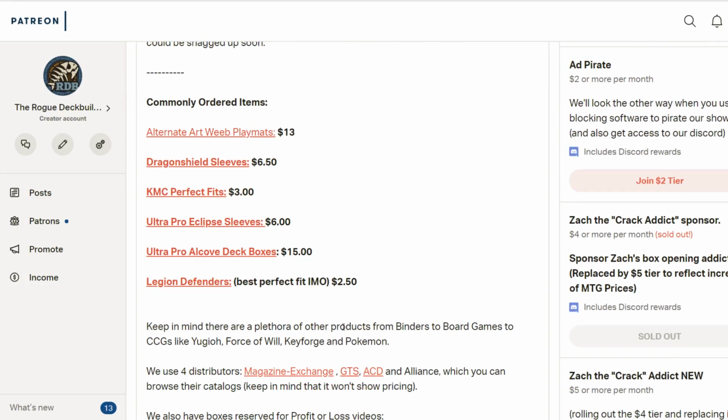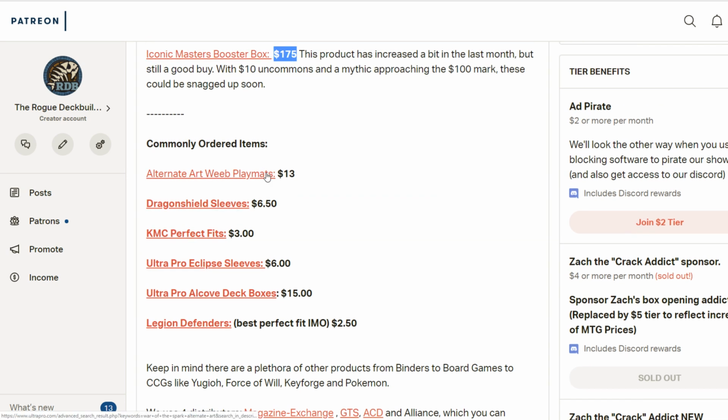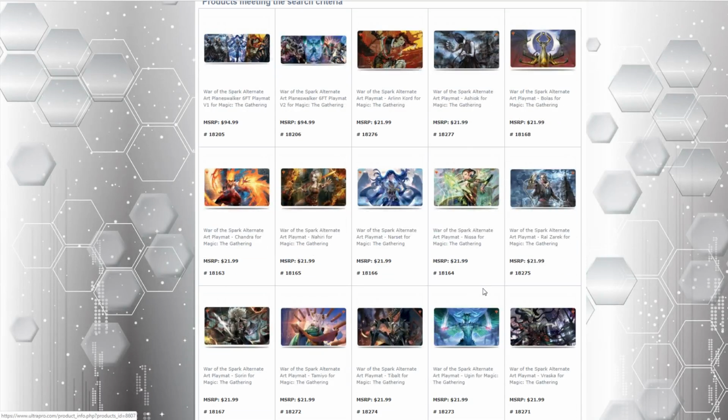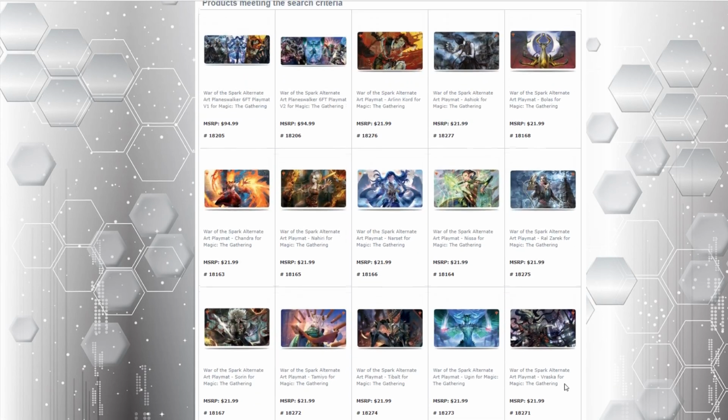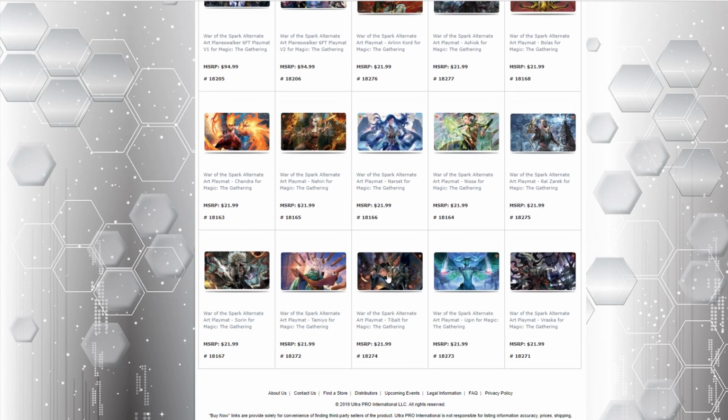All right, so last but not least, I want to talk about just items, give you an idea of what people are ordering. The alternate art Weeb playmats, these are very, very popular. Sold a bunch of these. These are Ultra Pro's Weeb mats. So you can get all the alternate art planeswalkers, and they are actually coming out with new ones. So I think the ones that are available right now are Sorin, Nissa, Nahiri, and Chandra. And they're going to be coming out with Tibalt, Ugin,